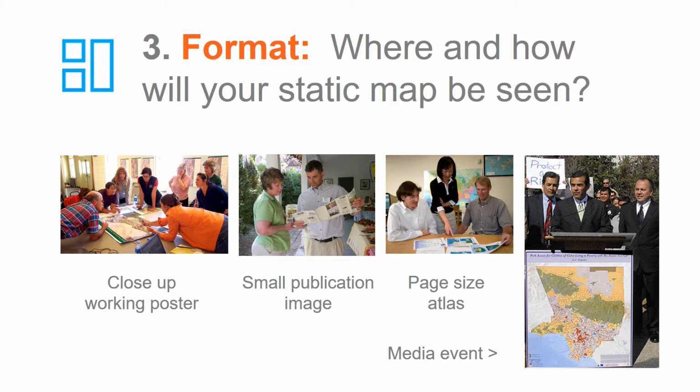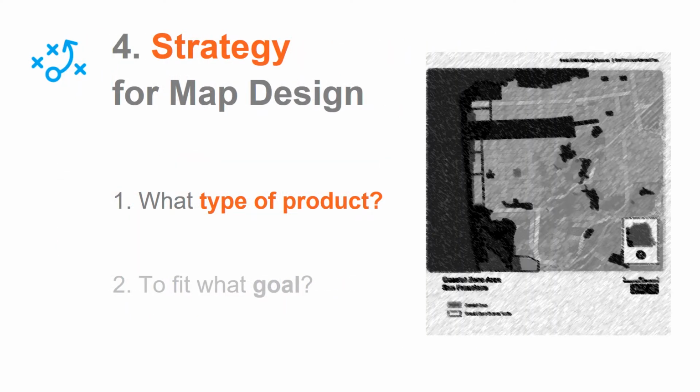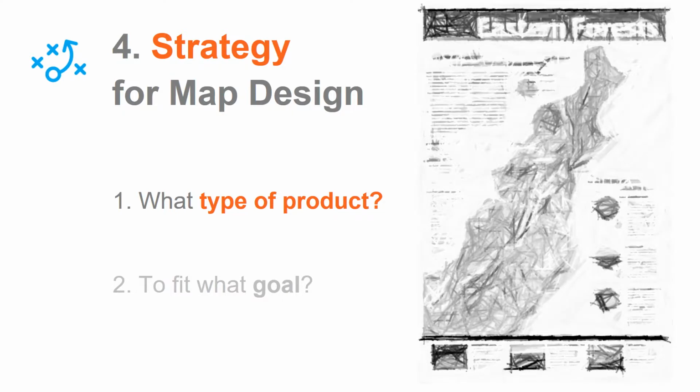And then once you've got those things, you can start to get to this question of, well, what's your strategy? How are you going to approach this thing? What's the right thing to do? It's easy to say, well, I'm just going to create a page and drop something on it. But it's worth thinking about what is the thing that can help. So it could be concept ideas that look like this. It could be a bunch of things, but it's a creative leap, and it's really the most exciting part of